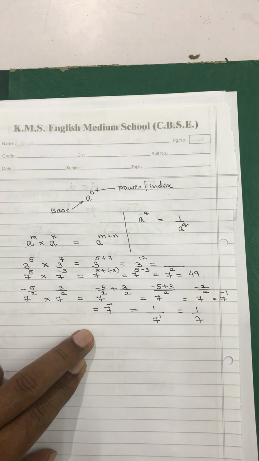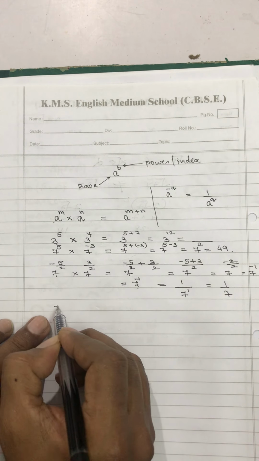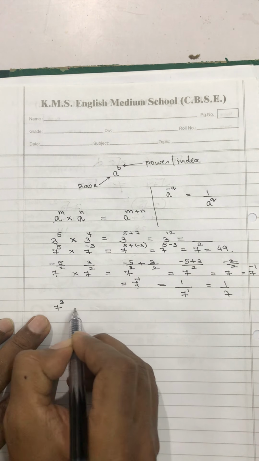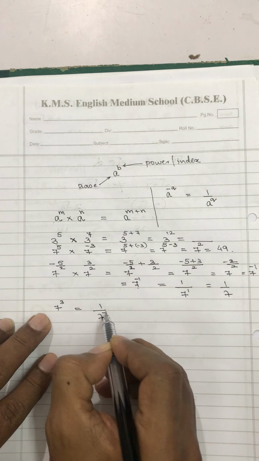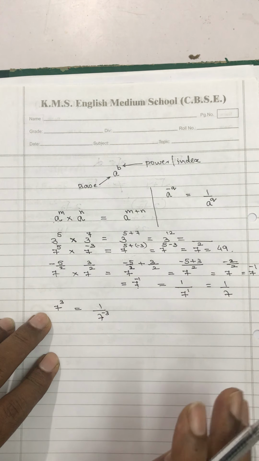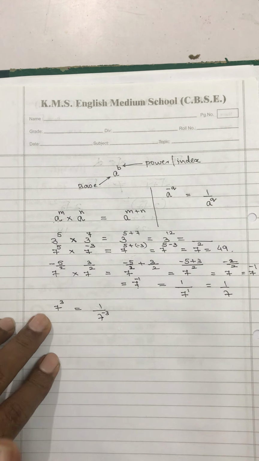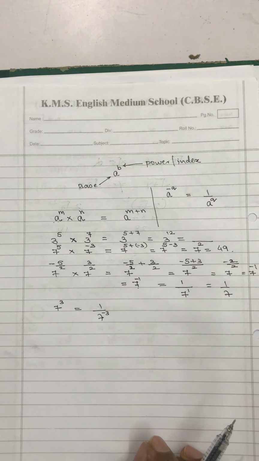See, it will change. Even if supposing I have got 7 raised to the power of 3 and I shift it like this, 1 upon 7, then it will become minus 3. It is not that only to make minus sign. Of course, while writing the end answer, the end answer always should be written in the form of positive power. So you will always be shifting it to change the sign of the power from negative to positive. But sometimes when you are solving your question, during the process of solving, you just have to move.